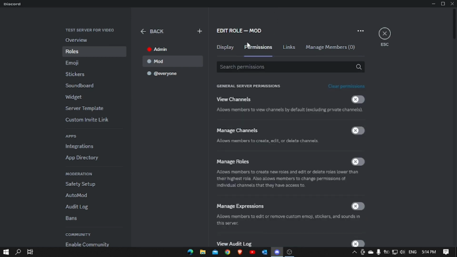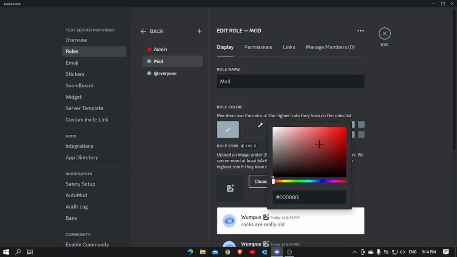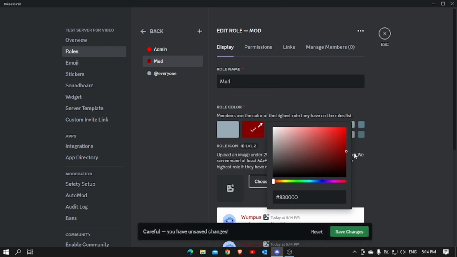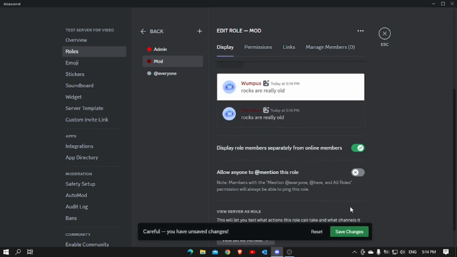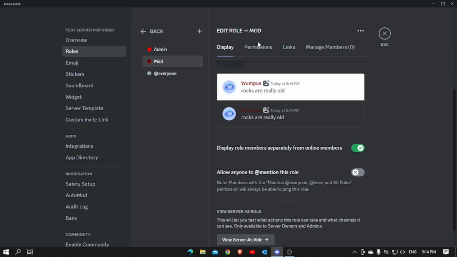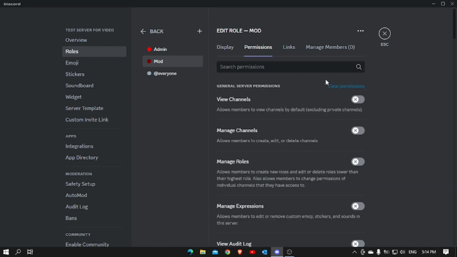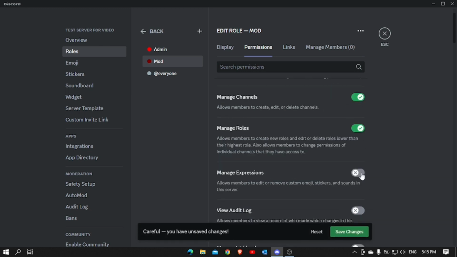So before permissions we have to customize the color, like to maroon. Save changes and the same option we're gonna enable it. Now we are going to permissions, and permissions for mod we can give co-admin all the permissions, or if you want to give a separate permission you can give. So for now I'm giving all the permissions same as admin,